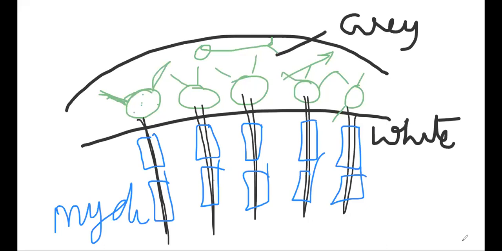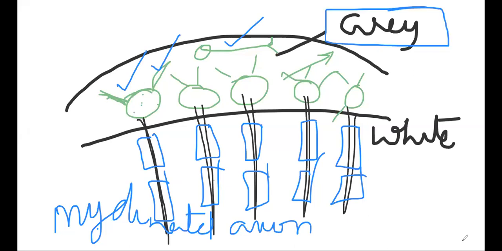So white matter contains myelinated axons. Gray matter contains either brain or spinal cord, whatever it may be. Gray matter contains cyton, dendrites, and if axons are present, what type of axons can be expected? Unmyelinated axons. Okay, so this is a question that can come in either NEET or MSET. These kinds of questions are going to play a vital role, not the theoretical portion of the text. How you understand the text is very important.